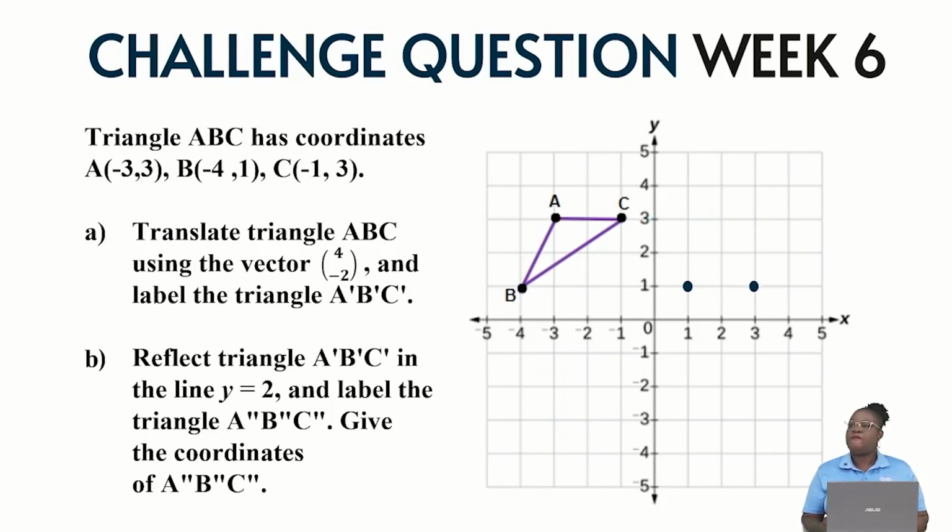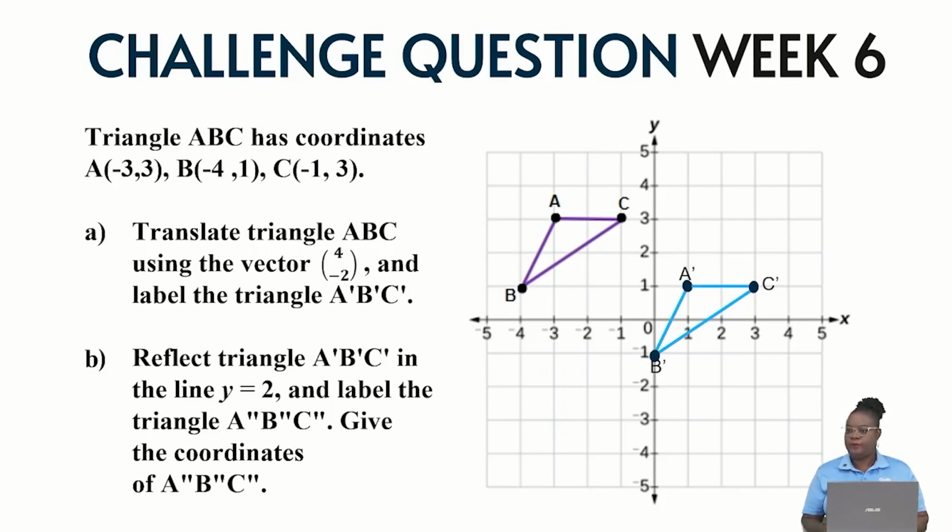Coordinate B, 4 spaces right on the x-axis, and 2 spaces down on the y-axis. Here we have translated our triangle, and we have A prime, which is (1, 1), C (3, 1), and B